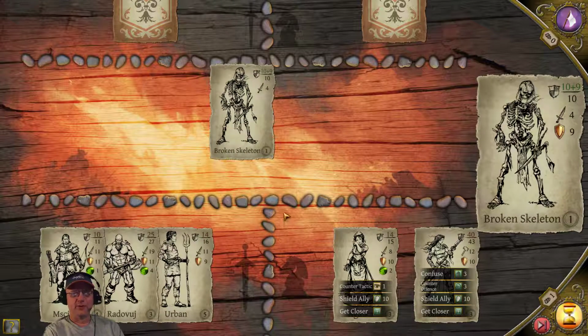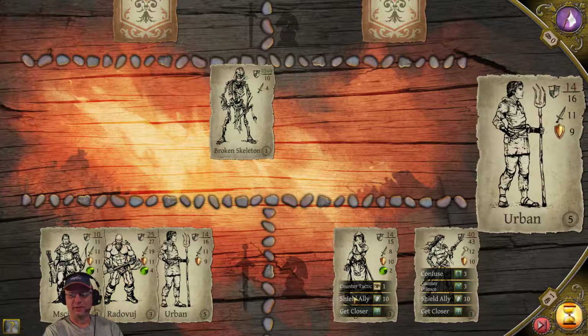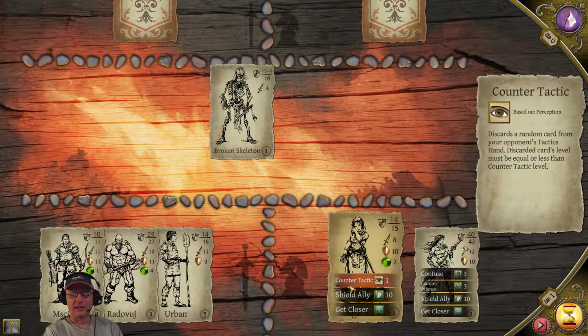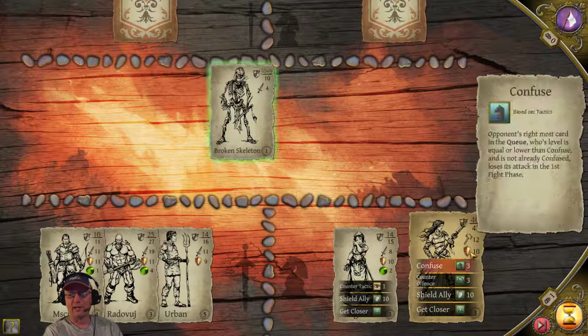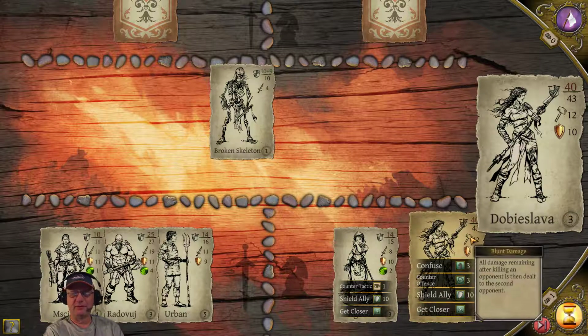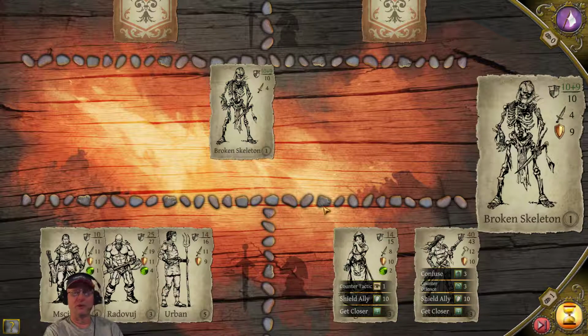Okay, so not really a choice here for me at the moment. I'm pretty certain I'm going to go with this guy. He's going to be able to absorb quite a bit of damage, and I'm probably going to shield ally with... I'm not going to counter tactic. I don't think that'll be useful in any way. Get closer, it might be beneficial, but I think this one would be more beneficial. I mean, 40 health, 10 shield with a 12 blunt damage. That means it carries through. So if I smash through one skeleton, it'll continue the damage through to the next one. And then...